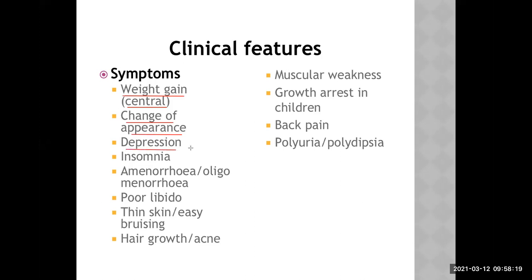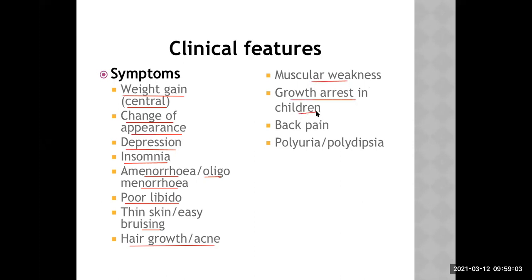Depression, quite common. Excessive amount of glucocorticoid can lead to this type of problem. Insomnia, lack of sleep. Amenorrhea or oligomenorrhea can be seen in case of female. Poor libido, thin skin or easy bruisability, excessive hair growth or acne, along with glucocorticoids. A bit of sex steroids are also high in this disorder. So these are the clinical features: excessive hair growth or acne vulgaris, muscle weakness, growth arrest in children,